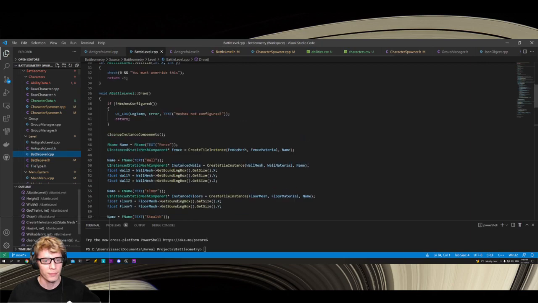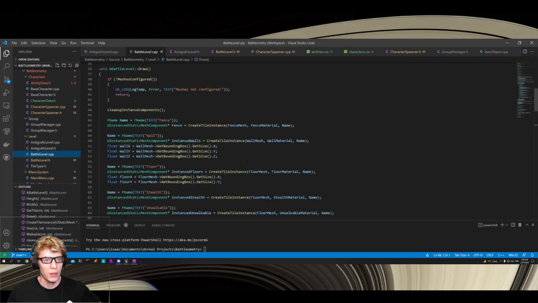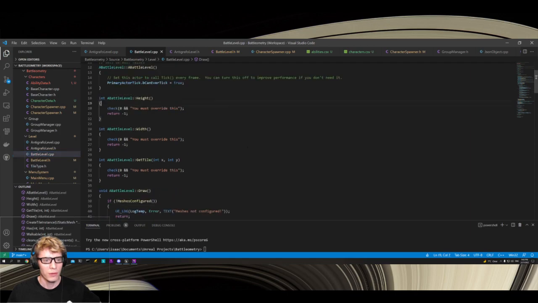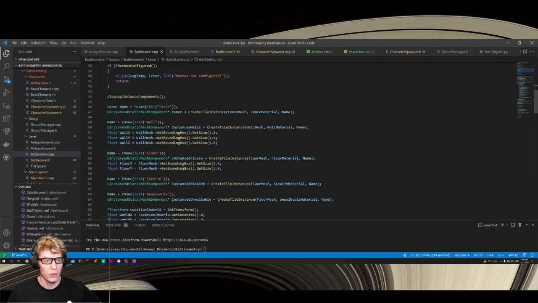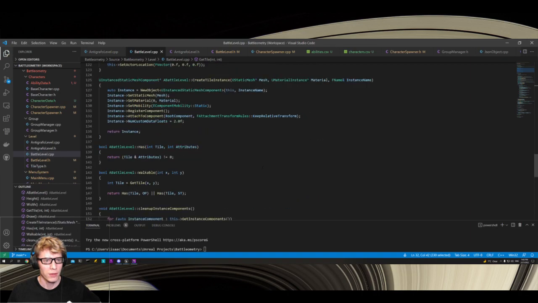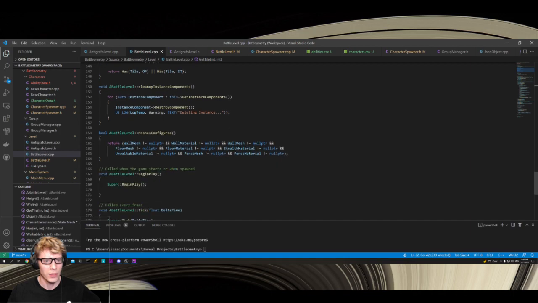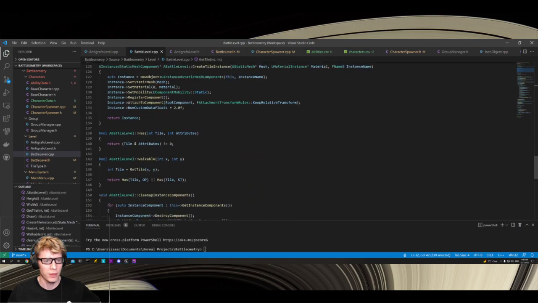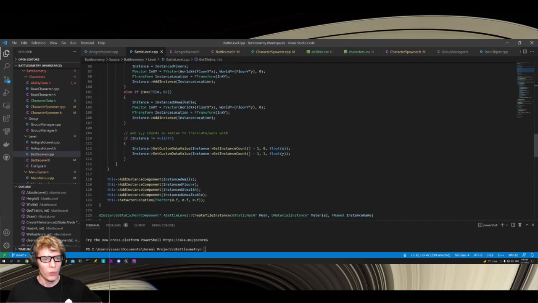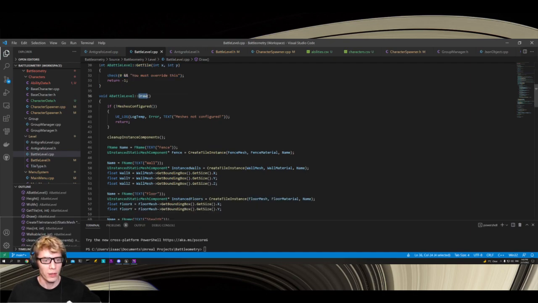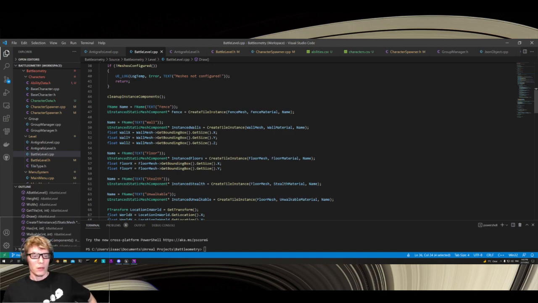So battle level. Everything here all needs to be overridden. The only thing that's really implemented here is the create tile instance, make sure everything's configured, begin play, tick, that's all, doesn't need to change. But what we do need to do is draw it. So this is the main function of this class, where we take